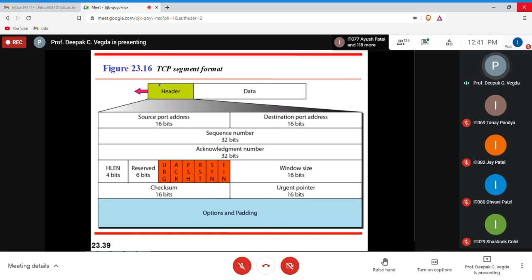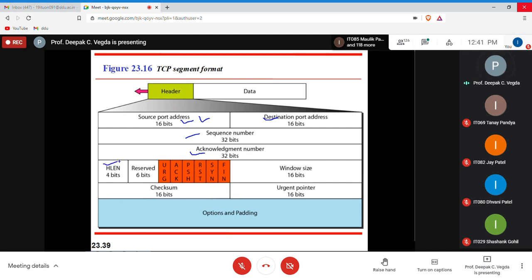So in the TCP header, this is given to you. The UDP header you might have seen. There you have the source port number, destination port number, and that's it. In the TCP header, you will have the source port number and the destination port number, that is, from which process you want to communicate to which process. Then the sequence number, 32 bits, and the acknowledgement number, 32 bits. It may be there, may not be there.